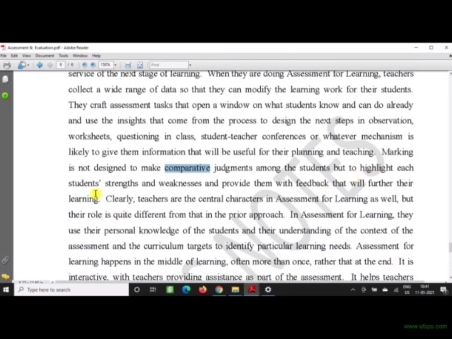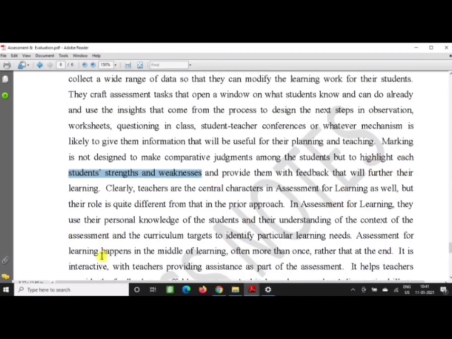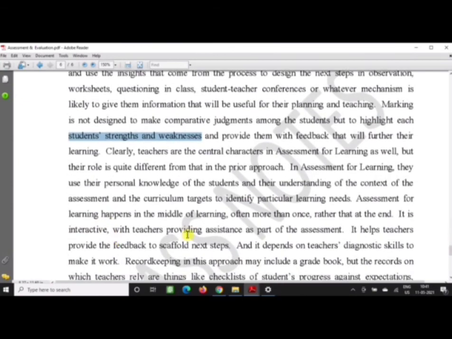Since this is individualized, the teacher will highlight students' strengths and weaknesses individually with feedback. Feedback will be given, and again the teacher will provide assistance to the students to work on the feedback, and this will help in further learning.